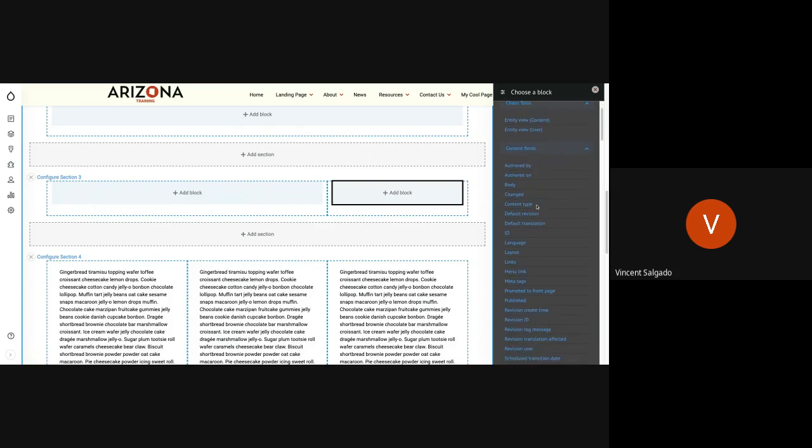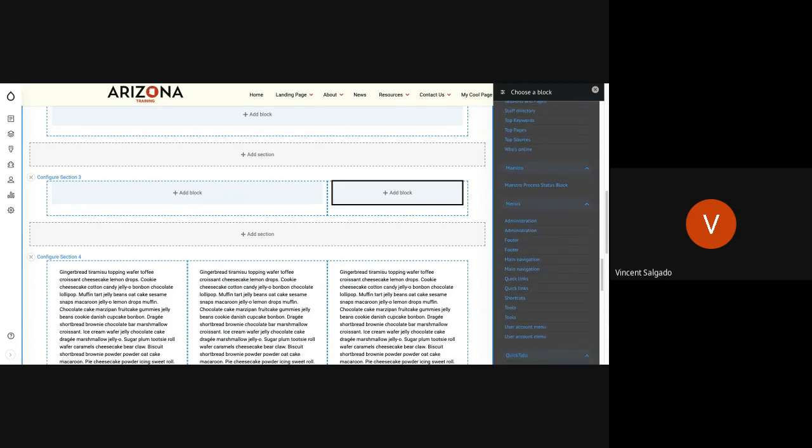So when I scroll down here, you'll see things like content fields. You don't need to worry about that unless you want to get really advanced with things. And then we have custom. Custom, we're going to go over here in a second, but that will be when we create a reusable block and we want to use it in multiple pages of the site itself. That's where you'll go to find that particular block. But for this one in particular, I want to scroll down to